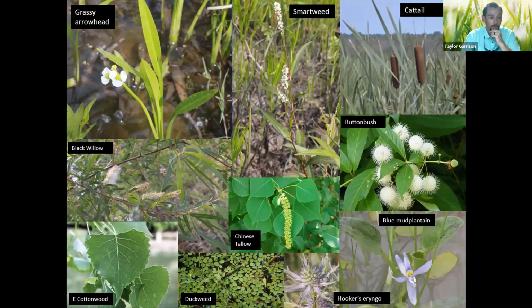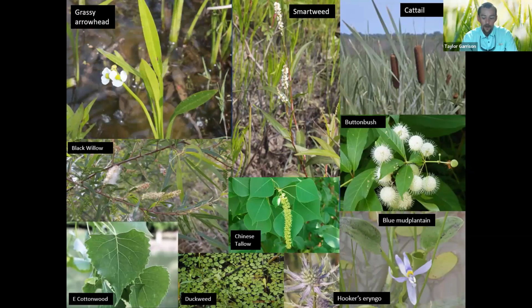We also have the black willow again in the left central photo. That's the flowers of black willow, and a non-native woody called Chinese tallow, which I'm sure some folks here have dealt with in their portion of the state, especially along the Gulf Coast, but in East Texas as well. So Chinese tallow will take over wetlands, and I see it quite a bit in my work area. We also have buttonbush, which is a native shrub with a really good pollinator value from its flowers. These guys are also managed for in managed wetlands because they can kind of take over and shroud out diversity as well. So the theme here is kind of annual plant diversity for seed production is what a lot of folks are looking for.